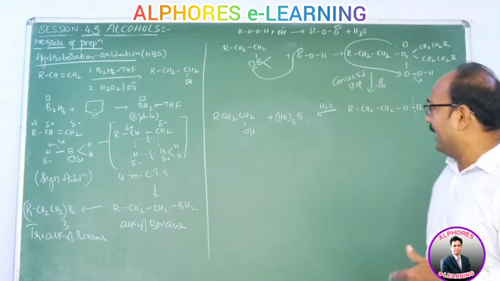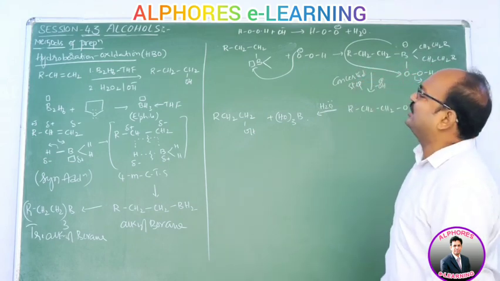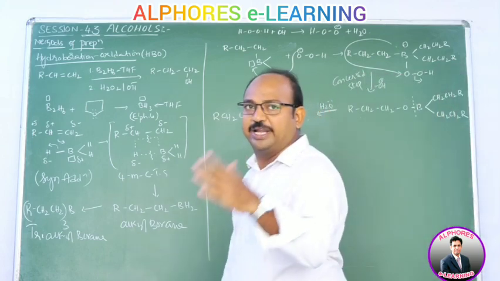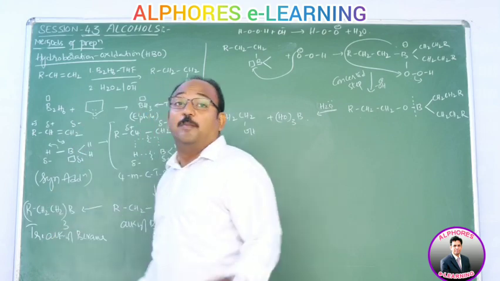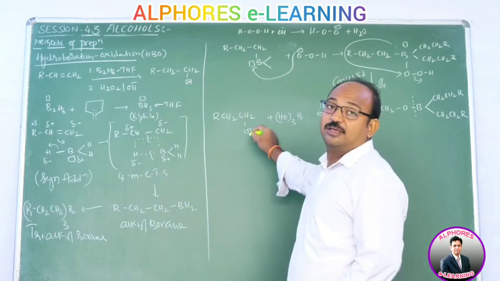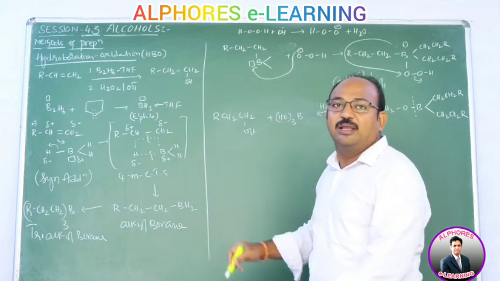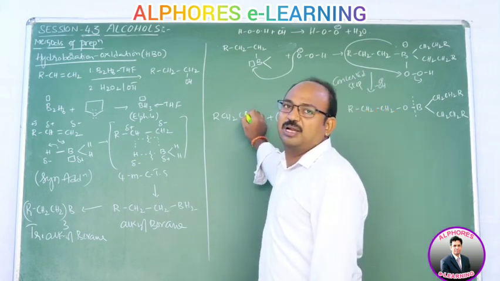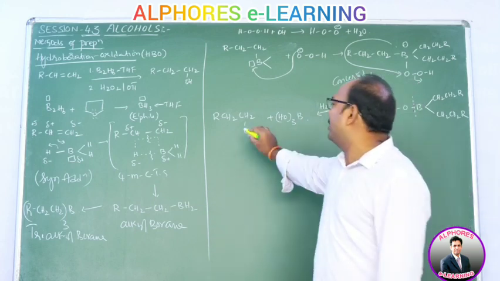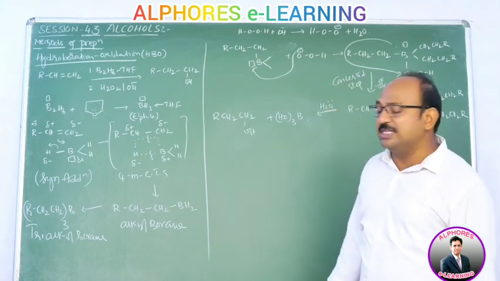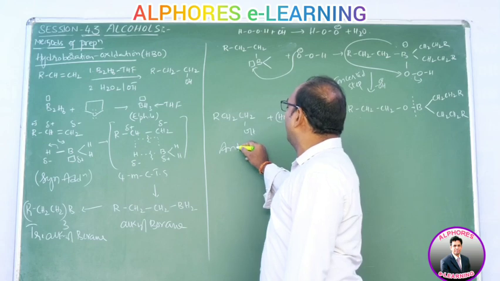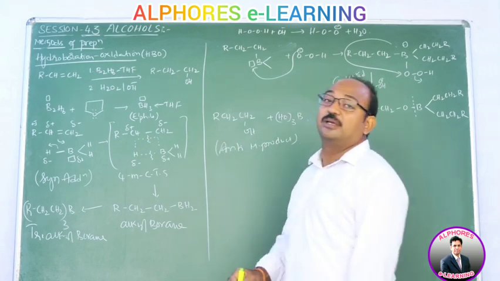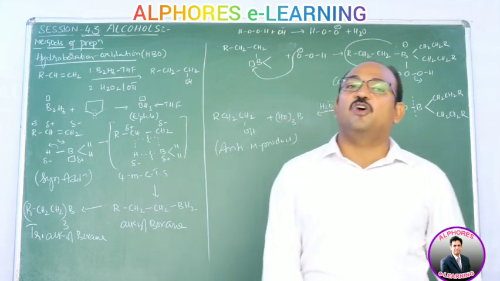That is clear. And here, if you observe, as per the Markovnikov rule the positive part of the addendum has to attach to the carbon containing more hydrogens. But the final product is not like that. The final product is addition of water, and as per the Markovnikov rule H plus has to attach to this carbon, but that did not happen. You are getting OH to this carbon. That means this product is the anti-Markovnikov product, and the previous one is the Markovnikov product.